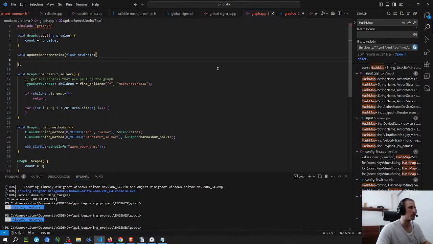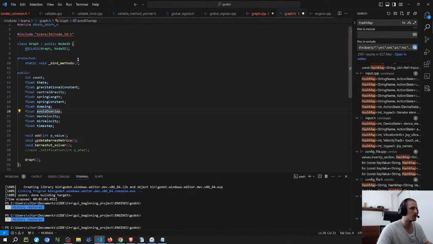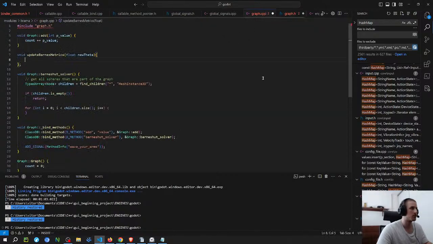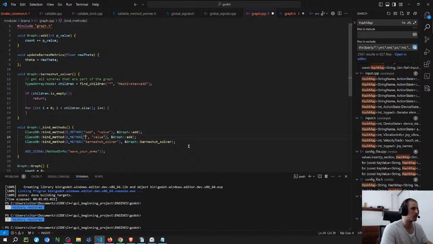So I'm going to do this simple example first. This is another thing that I'm not really sure about, because based on the other registration, the other bind methods that they do, the name of the argument here is not the same.